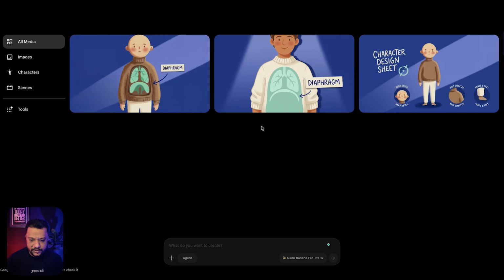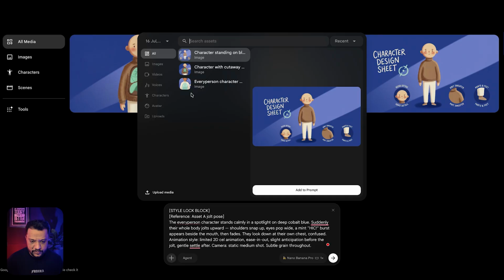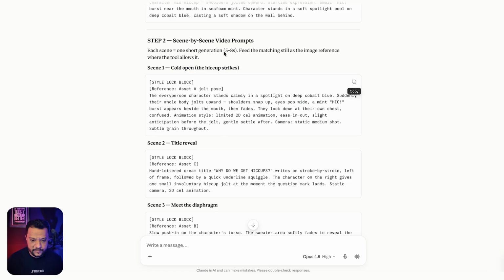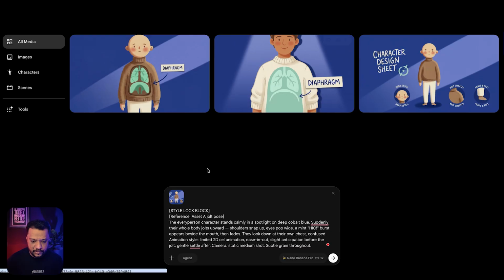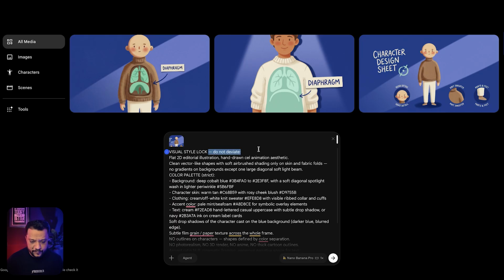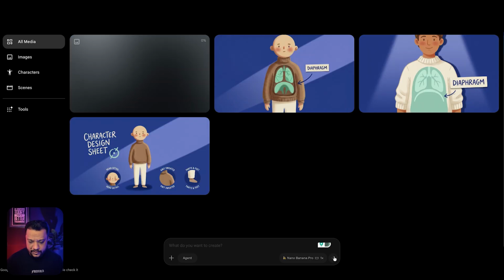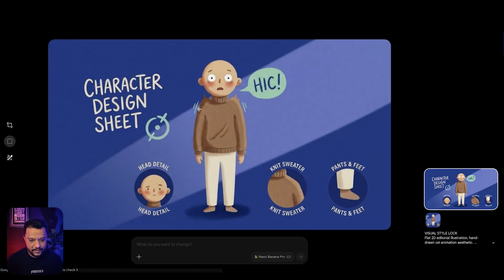So I'm going to copy this, go in a flow. So reference image, all pose. So this is this one, which I attach, and even a style guide. So visual style lock. This block I have pasted here, and let's see what it will create. Okay, so hiccup image it created, and as you can see, this image is looking really good, but I don't